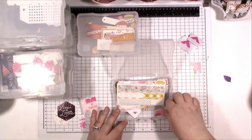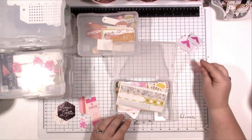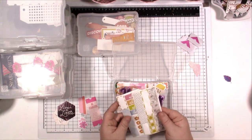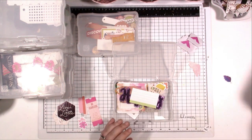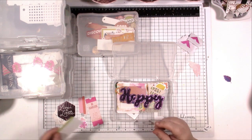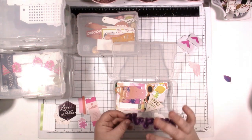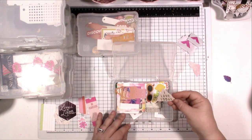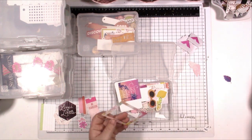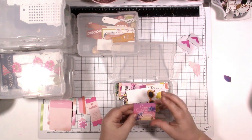Sorry about that. Anywho, so when I first started scrapping, I used to keep them in the packaging, and I quickly got tired of that because trying to get the stuff back into the packaging after you have opened it, they're just not meant to reopen and close, reopen and close. So I quickly needed to find a new way to store my ephemera, my die cuts. And YouTube was a wonderful